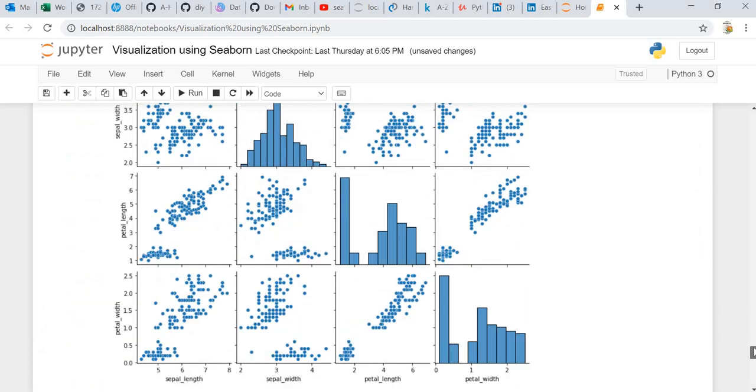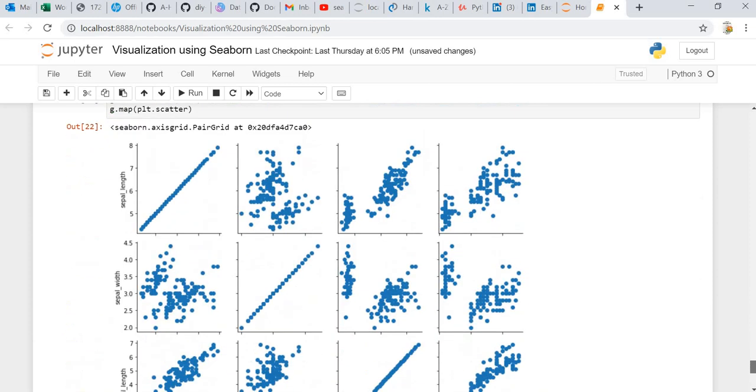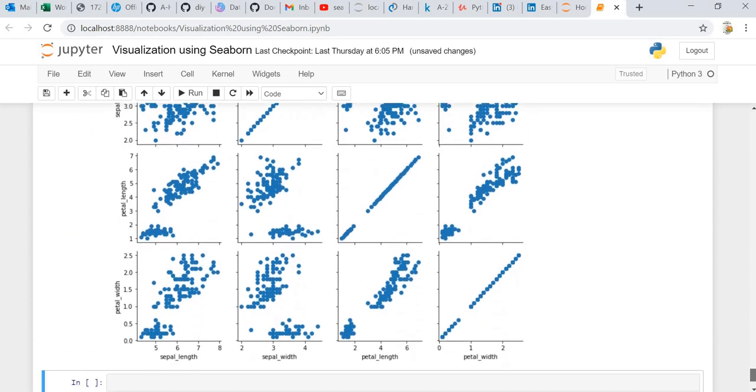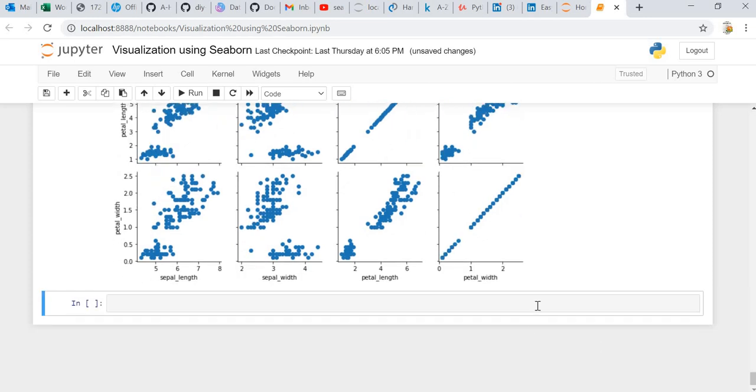Here it was scatter plots and histograms, but here we are getting all scatter plots. We can change our requirements based on each and every plot. So here we can see that everything is a scatter plot.